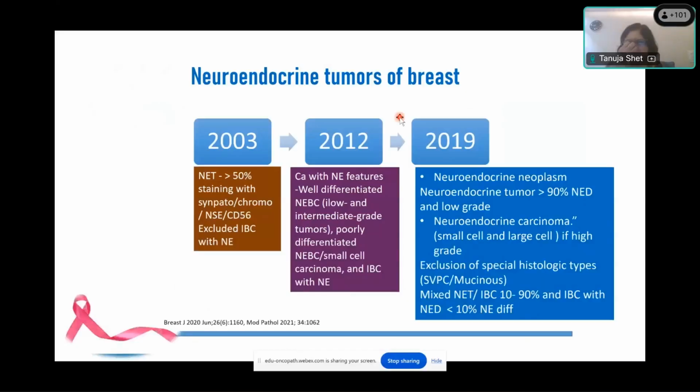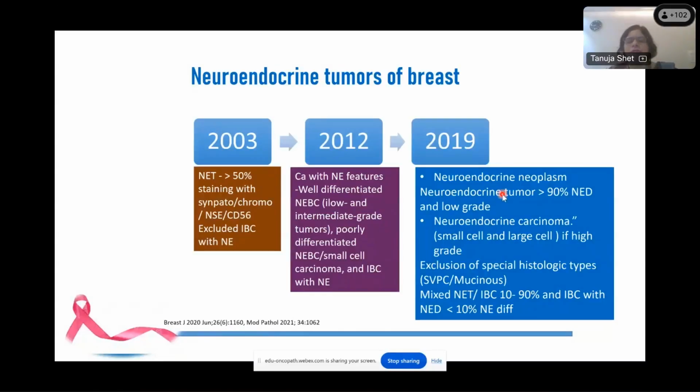And the neuroendocrine classification has been changing and has become actually bad. We were very good in 2003. We were, because the pathologists at that time were very different. They're very philosophical. Whereas today, what do we have? We have two types of breast cancers with neuroendocrine differentiation. The IBCs with neuroendocrine differentiation like SPPC and mucinous are not included in the spectrum. You call it